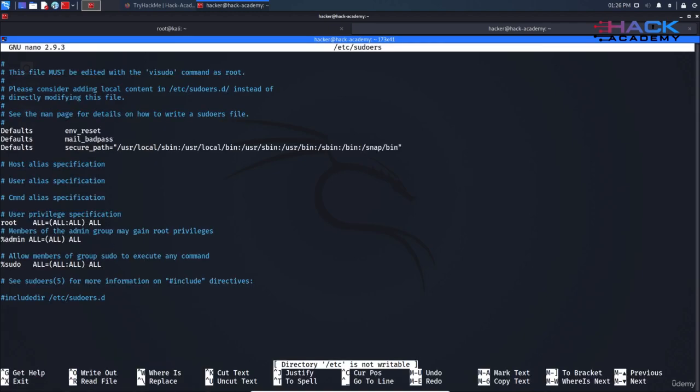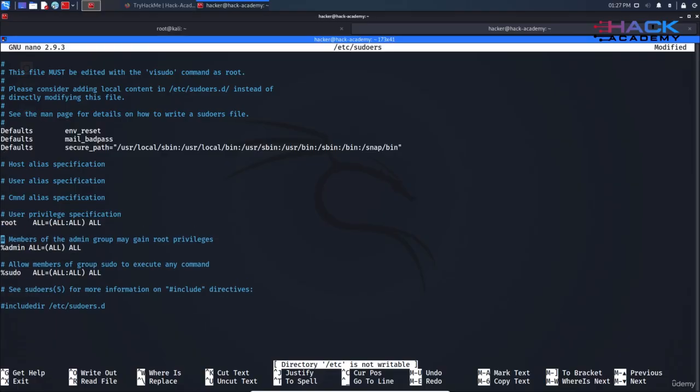As you can see, we're able to view the contents of the file. Normally, we wouldn't have read access to the file. What we need to do now is add our users into the /etc/sudoers file and copy the root user's configuration. So what I'm going to do is go right under root and specify my user's username, which is hacker,